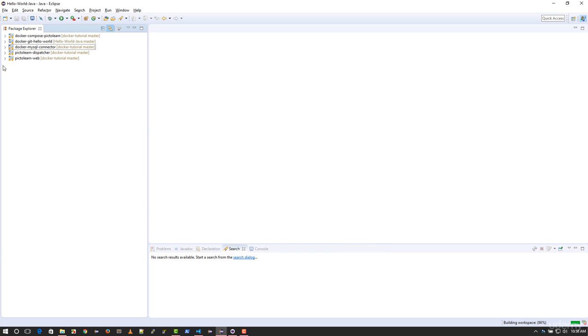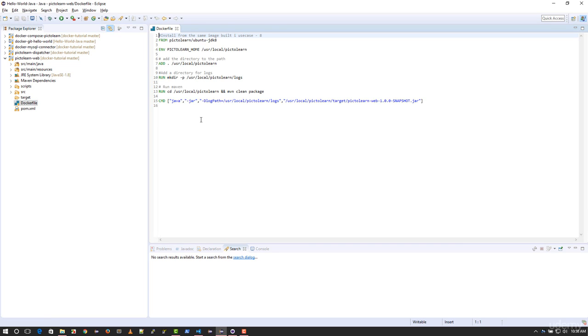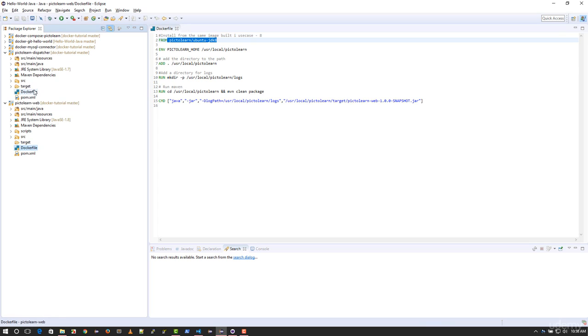And as long as you have the Docker plugin installed in Eclipse, you should be able to view the Dockerfile. So let's take a look at the Pictolearn Web. It's pretty much the same as what we had in the previous use case. Note that this uses Ubuntu JDK 8, which we built as a part of use case number 8. And then let's go to Pictolearn Dispatcher. So no changes as far as Pictolearn Web is concerned. It goes by the same